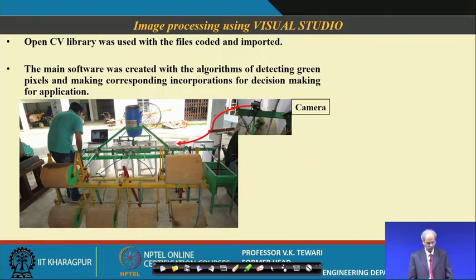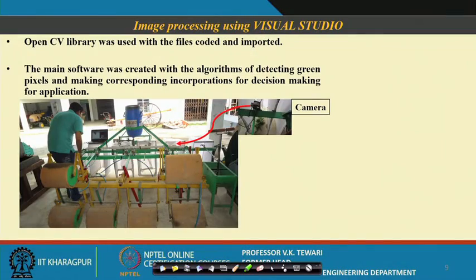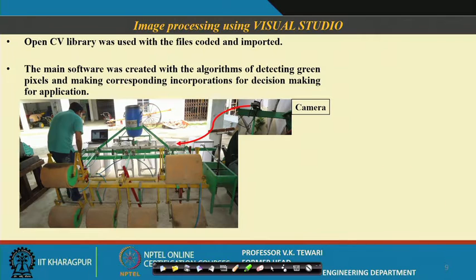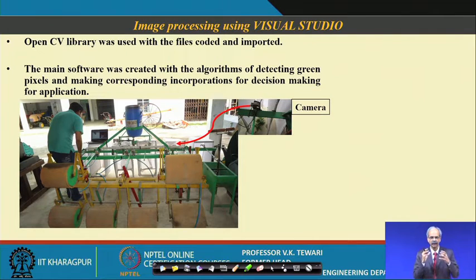Image processing using Visual Studio. How do we do this image processing using Visual? This is the electronics part of it and the processing of the images, etc. Since you are not aware so much of this system of image processing, I would like to tell you to try to understand what we want to say here: that we are in a position to grab the images